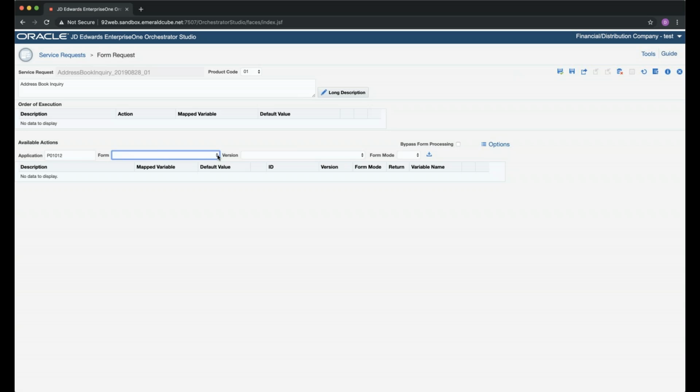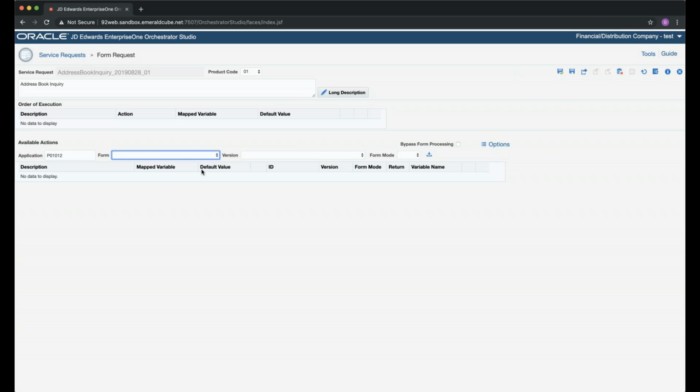So in this case, we're going to work with addresses. That's the entry point of the address book form, but you can choose any of these if you want to use a different form. Of course, if you have a custom application, you can utilize any of the custom forms that are available. If it's not an entry point, you're going to have to respect whatever processing options might have been in the background, or form interconnects that might be happening. So it's best practice to go in via an entry point, just as if you were using an application, because otherwise things might get a little weird. But again, just personal preference.